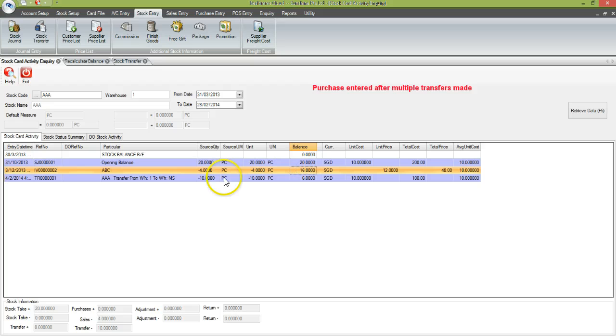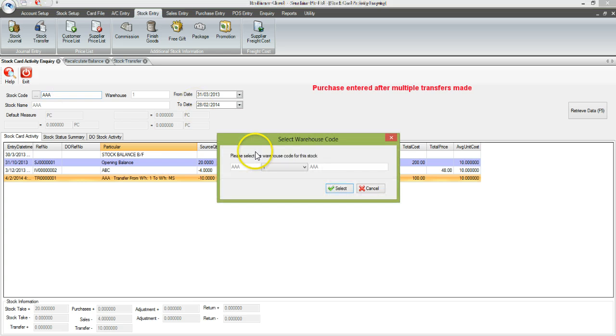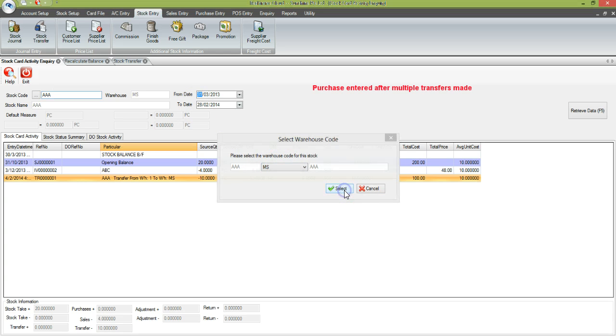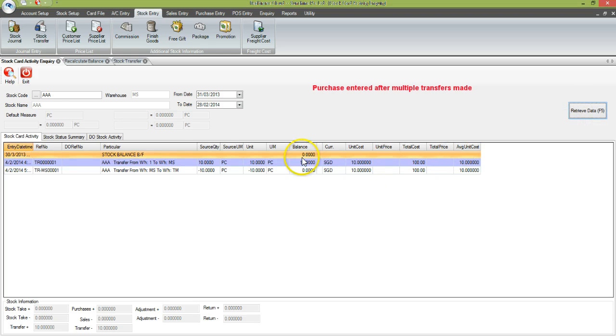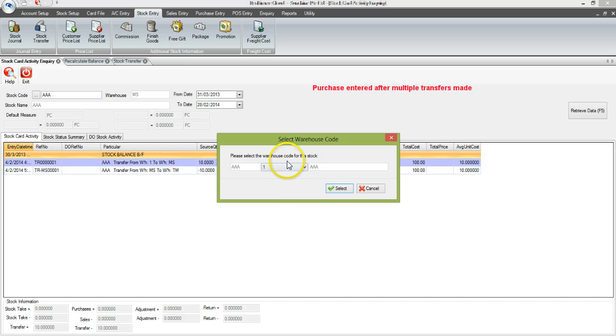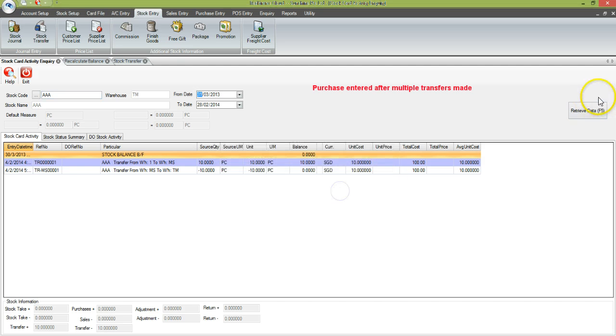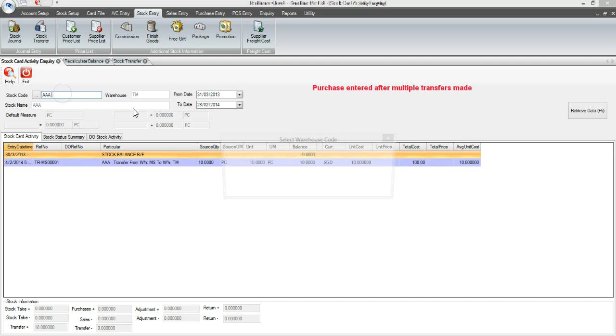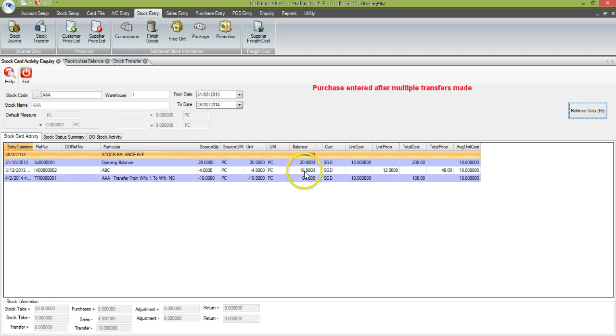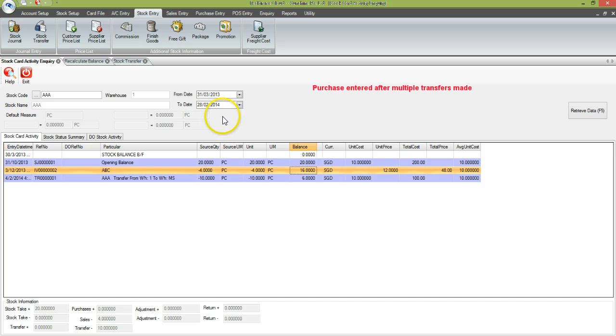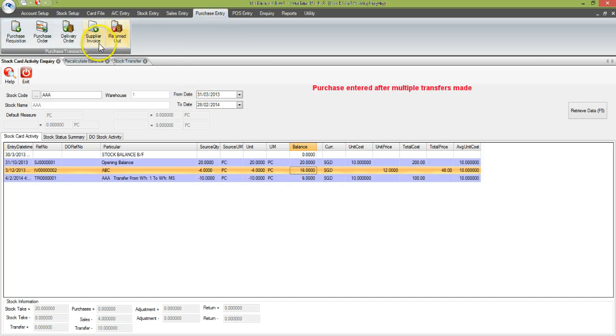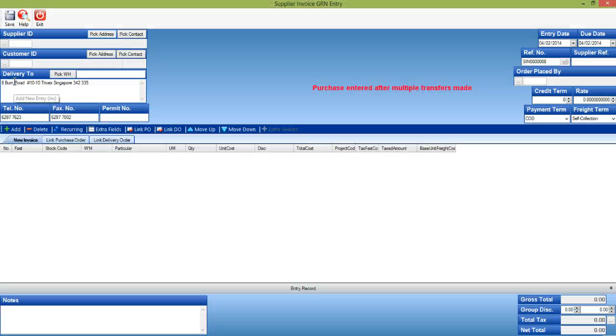In this new scenario, again 10 units will transfer out from Warehouse 1 to MS Warehouse as shown here. And at the same time, on the same day, MS Warehouse transferred the same 10 units to Warehouse TM. All at the transfer cost of $10 per unit. After making the transfer from one warehouse to another, and from the second warehouse to the third warehouse, the user insert a supplier's invoice,